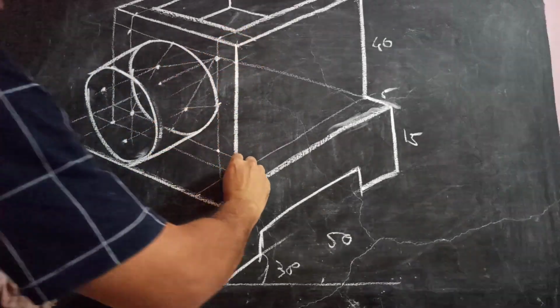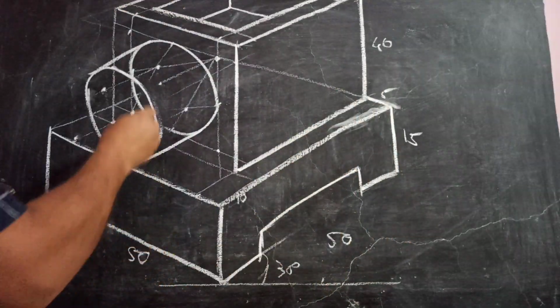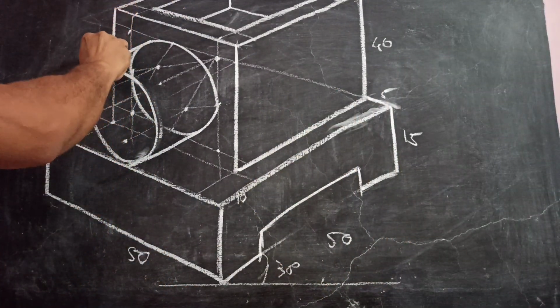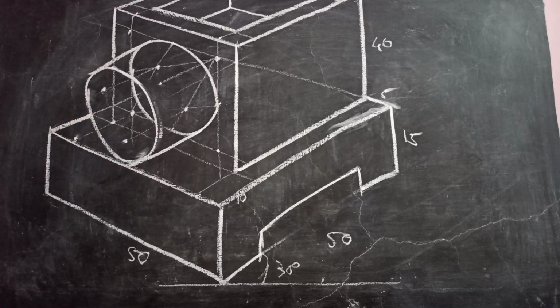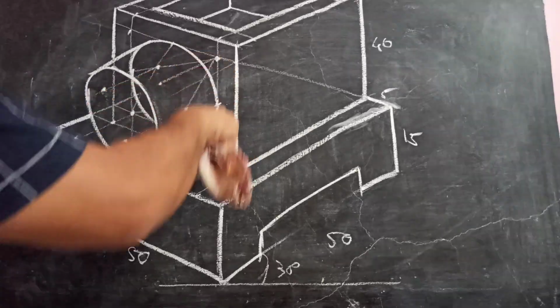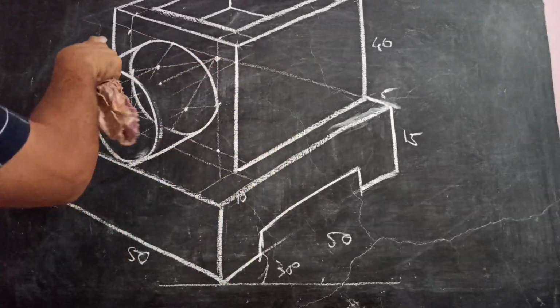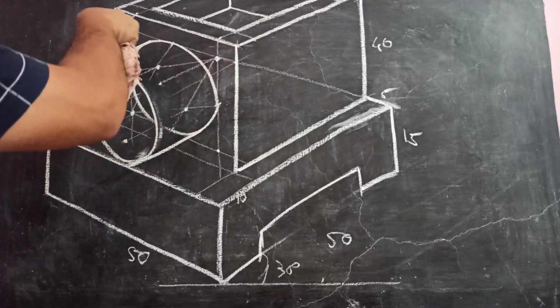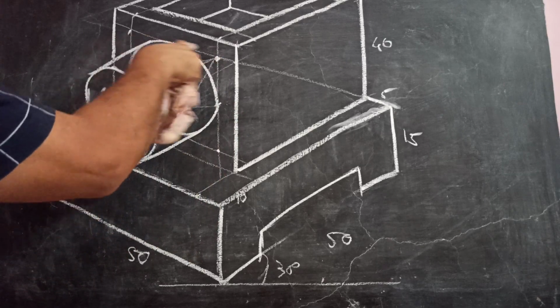This one, then up to this, then this one. And you can rub out inside all this. You can see this, how it is drawn. First I have located this 30 by 30. This was 40 by 40. So I have located 5 from this, 5 mm, 5 mm, 5 mm. So I have got this rhombus as 30 by 30.